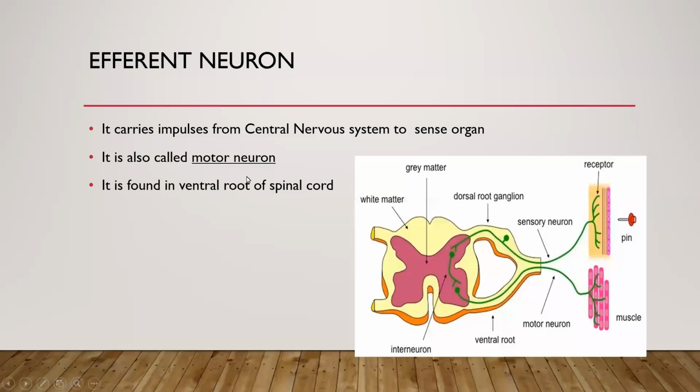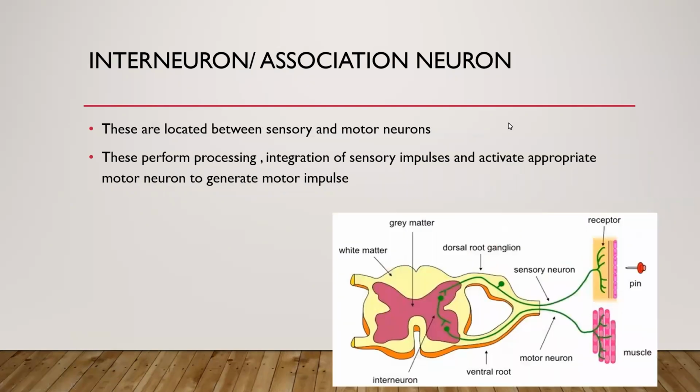It is also called the motor neuron. Where is it found? It is found in the ventral root. Upper was the dorsal root ganglion, below is the ventral root ganglion. It carries impulses from the central nervous system to the muscles, or to the skin, sorry. Next is